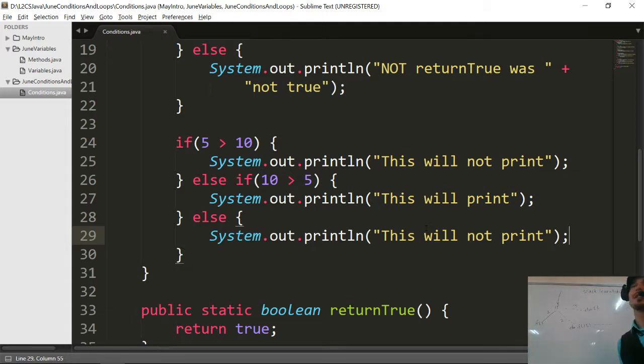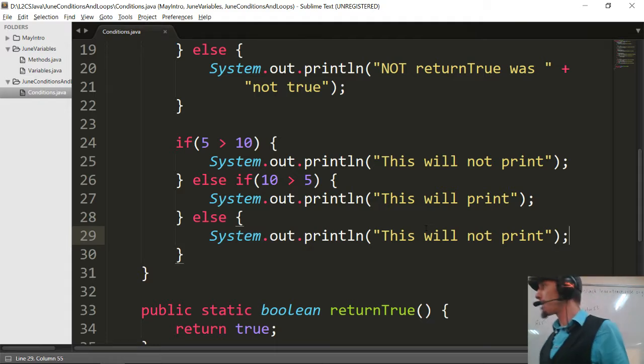So let me try explaining it a different way. When you have a condition like this, assuming that the logic gets to that point, whatever's between the curly brackets after that will run. Okay? Now, when you have a contiguous if statement, if will continue until